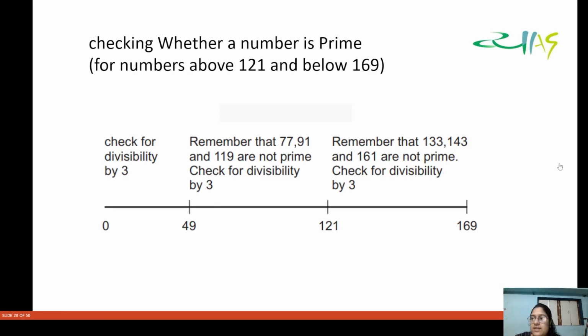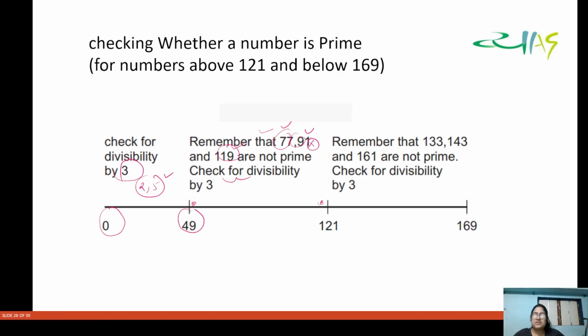इसी तरीके से 121 से 169 के बीच में करेंगे तो देखिए बेसिकली क्या करिए, अगर 0 से 49 के बीच में है तो 2 से डिविजिबल नहीं है, 5 से डिविजिबल नहीं है, ये तो दिख जाता है। तो जस्ट 3 से डिविजिबिलिटी चेक कर लीजिए उसकी। ओके, एंड उसके बाद क्या है कि अगर 49 से 121 के बीच में है, ठीक है ना, तो देखिए ये 77, 91 और 119, अगर आप बस इतना याद कर लें कि 49 से 121 के बीच में 77, 91 और 119 जो है ये प्राइम नंबर नहीं है, तो सिर्फ आपको 3 से ही डिविजिबिलिटी चेक करनी पड़ेगी, 7 और 11 से भी 7 से भी नहीं करनी पड़ेगी।